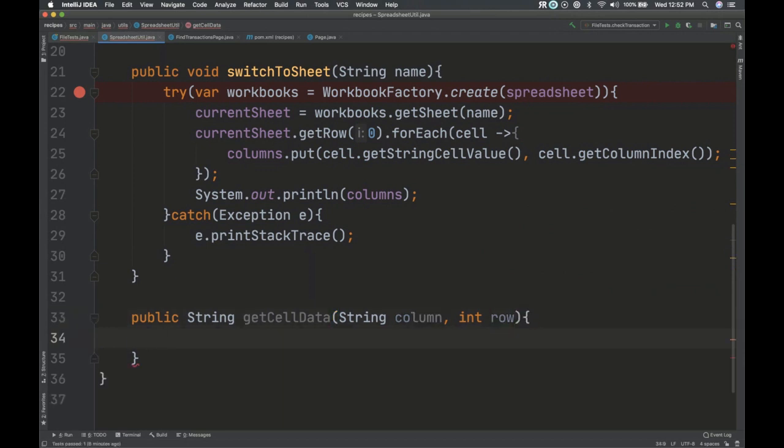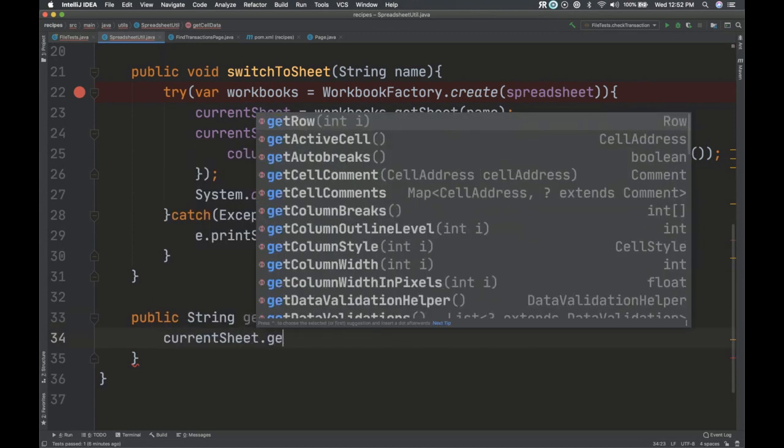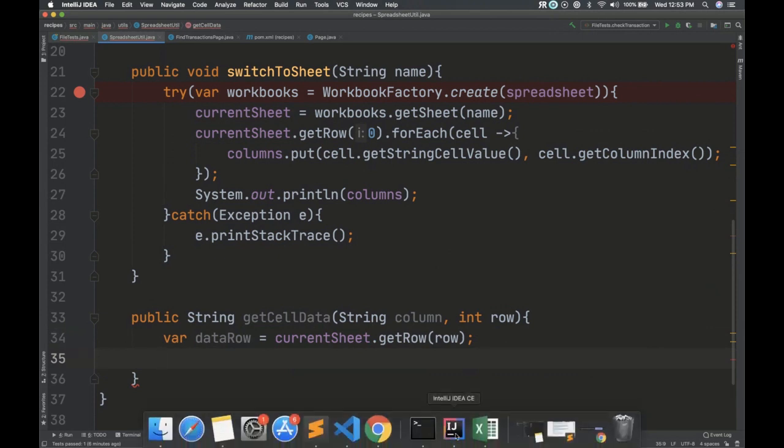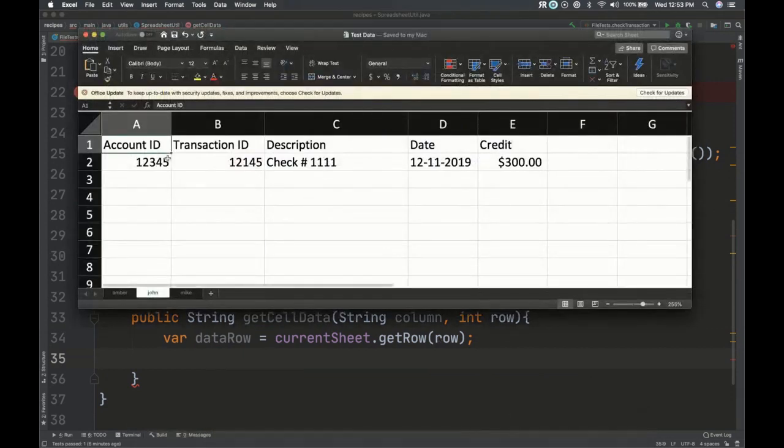All right, so we can say current sheet dot get row. We know the row, so we'll just save this as a data row. Okay, and remember when I said that the data, so I'm here now.